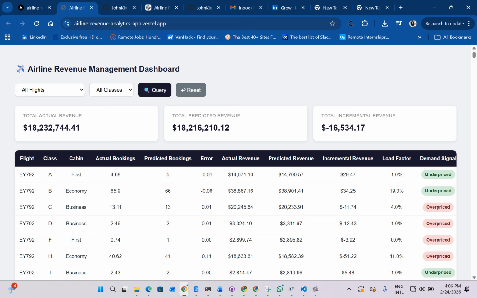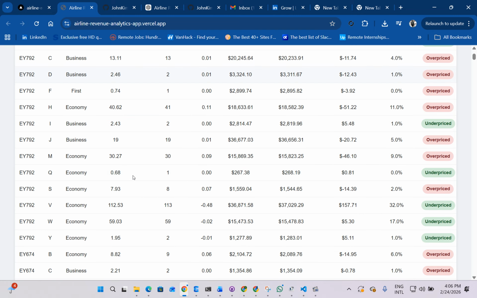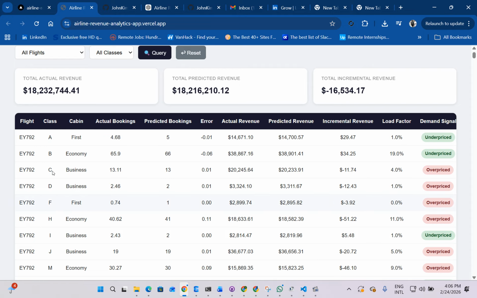By understanding which routes' customer segments are more likely to purchase add-ons, it helps the airline tailor its marketing and branding strategies. By analyzing revenue per available seat kilometer and cost per available seat kilometer through this app, executives can make data-backed decisions on whether to expand, maintain, or cut specific routes. So you can see these are examples of the flights and the cabin, whether it's first class, economy, or business